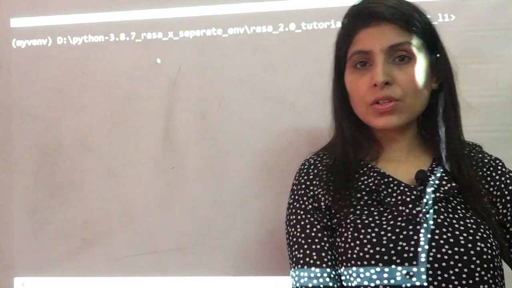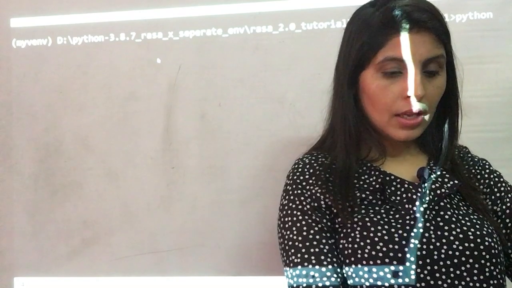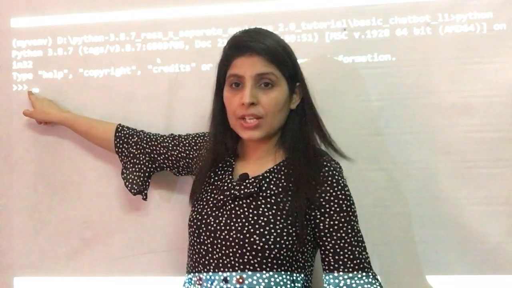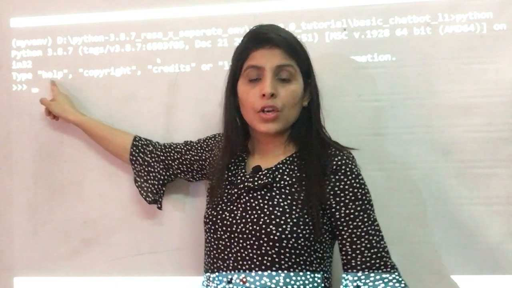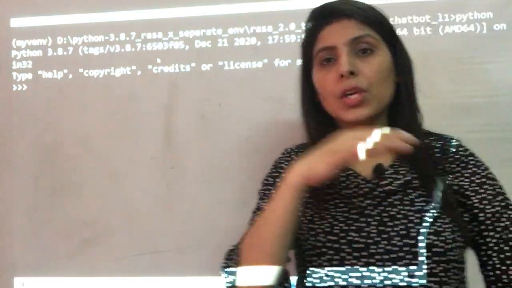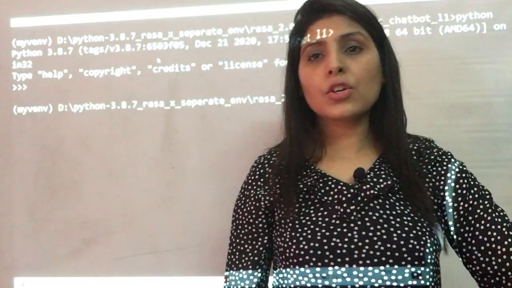To enter a Python shell, you just need to write python and then enter, right? Now you are in a Python shell, and over here you need to execute that command, and you can come out from this Python shell by just pressing Ctrl Z.